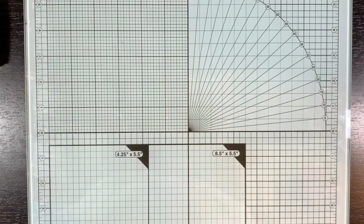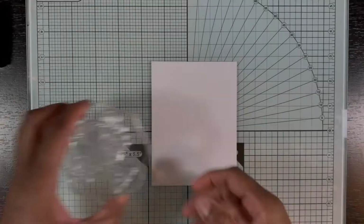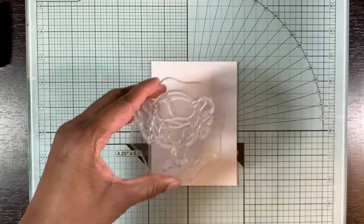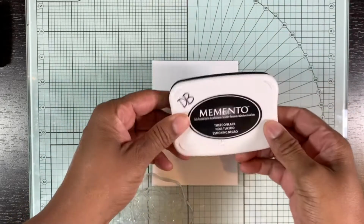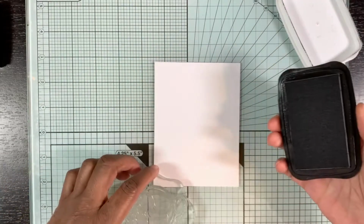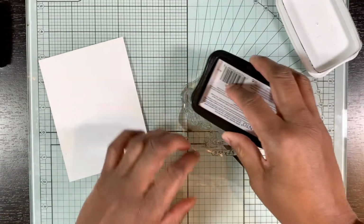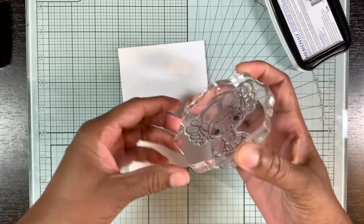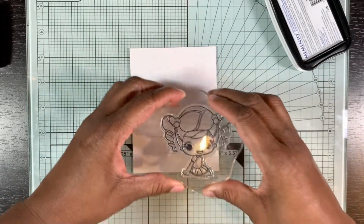So I saturate my stamp. I have it on an acrylic block. I saturate it with Memento Tuxedo Black ink. Normally I would use my Misty, but I just re-inked this stamp pad, so it's pretty juicy. So I make my impression,